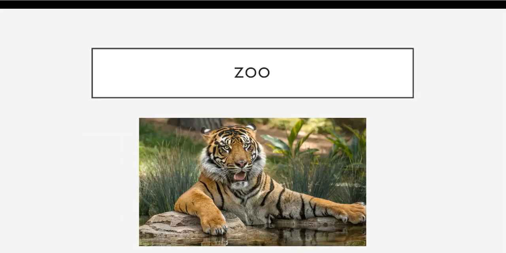Let's look at an example of how this can be used. So imagine that you're standing in line to go to a zoo. When you get up to the ticket taker, they say, would you be interested in joining a contest for a free drawing to see if you can go on a backstage tour? And you say yes. And they say, okay, well, let me have your driver's license, and we'll enter you in that, and we're going to announce the winner at 11 o'clock. So they then take everyone's driver's license who's interested.